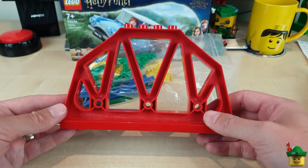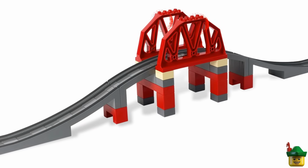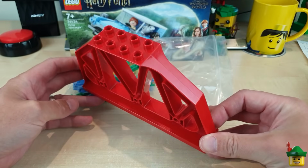It came in a couple of sets, including 3774 Bridge from 2005. No surprises there, where it was used as a bridge girder. And I was wondering if I could use loads of these